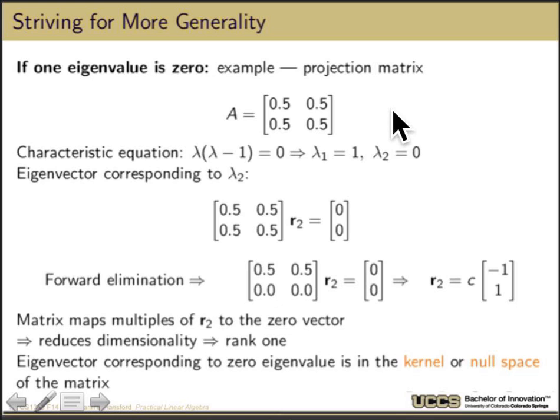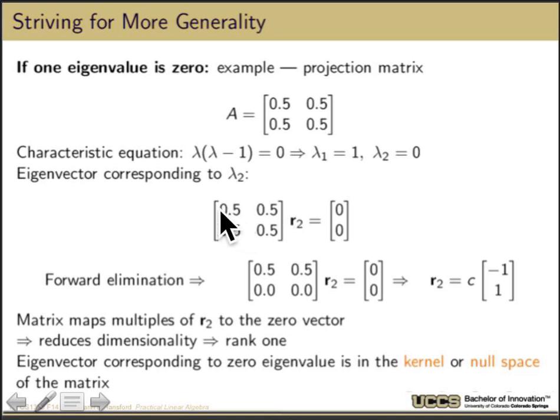But there's another special case. If one of the eigenvalues is 0, for example, the projection matrix, if A is equal to 0.5, 0.5, 0.5, 0.5, then the characteristic equation looks like lambda times lambda minus 1 equals 0. Just stick it in, run through the algebra, which tells us that lambda 1 equals 1 and lambda 2 equals 0. So if we look at the second eigenvector for this, we're going to find out that